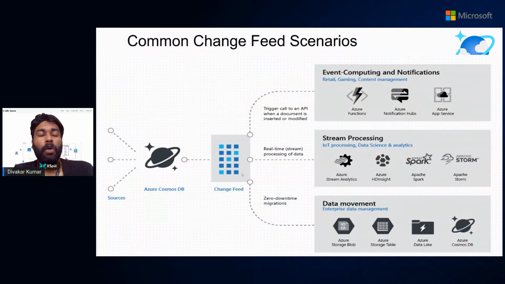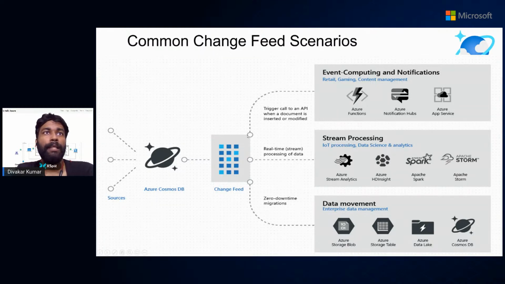There are different common scenarios where you can think change feed would be a better fit. Consider there is different data that is going to flow into this Cosmos DB, which you have as your persistence layer, and your change feed is going to listen to these data or modifications of the document. Once you are listening to these events, one way of thinking about this is that you can trigger an API downstream. You can either have your APIs in your Azure Functions or your App Service, or you can even trigger a notification through the Azure notification apps.